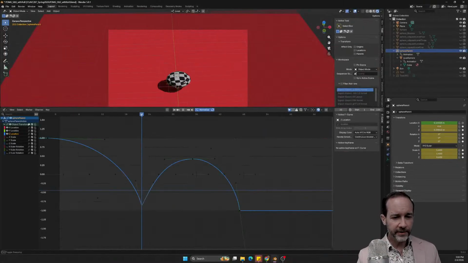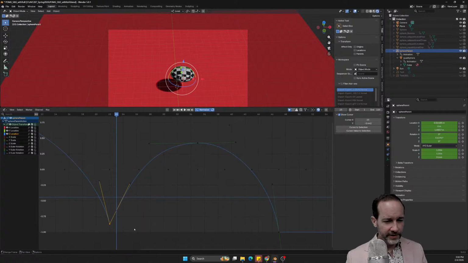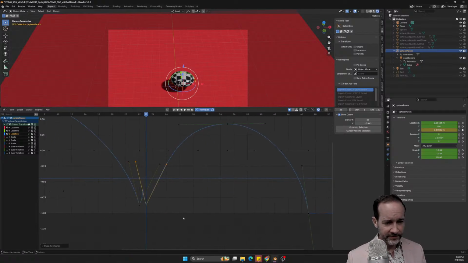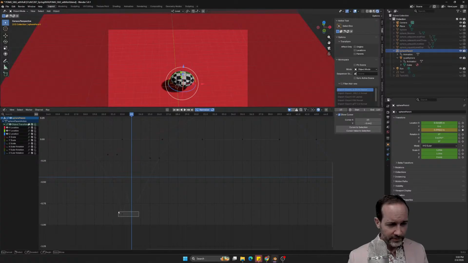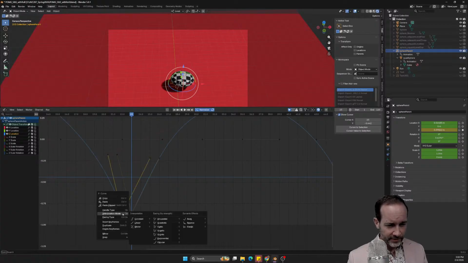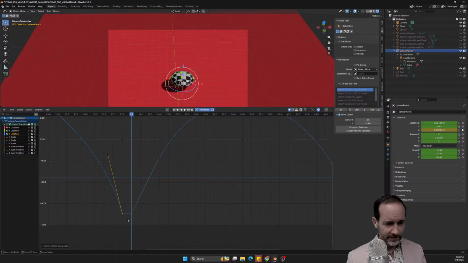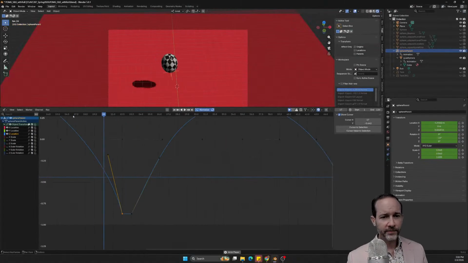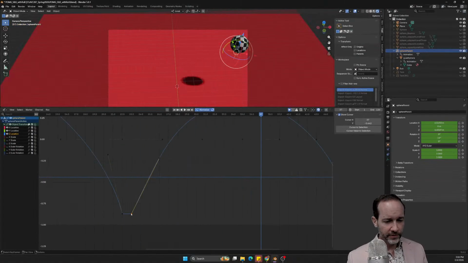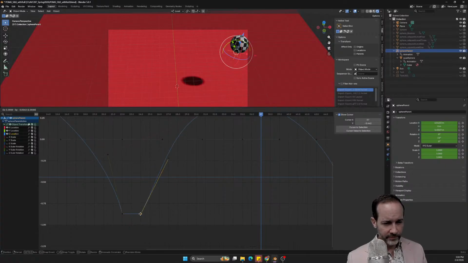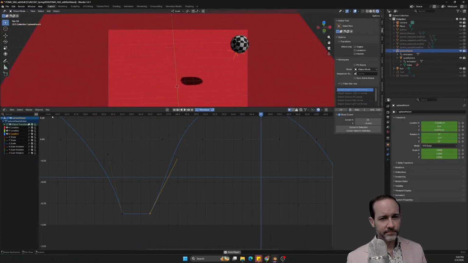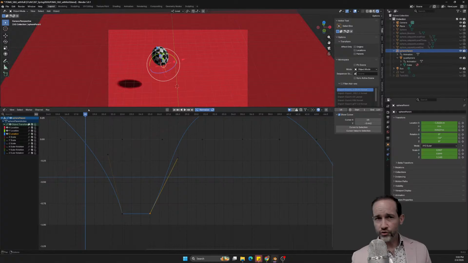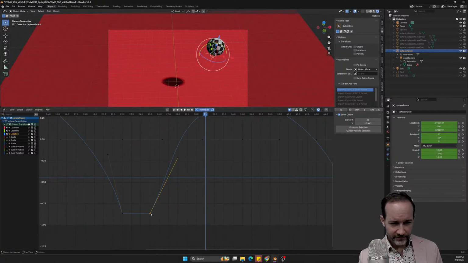And so here, I'll go ahead and move it just a frame ahead, and then I'll take the moment we're on the ground here, and then I'll copy and paste that right there. Then during this duration, the interpolation should be constant, so that this is a straight line right here, so that we're sitting on the ground. And so there it is. That's one frame. Let's move it over. So if I grab this and move it over, maybe 3 frames. Let's see what that looks like. Right, and so now it definitely smooshes more onto the ground. Let's see what 6 frames looks like.